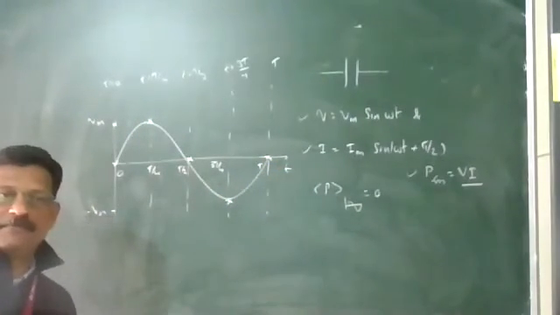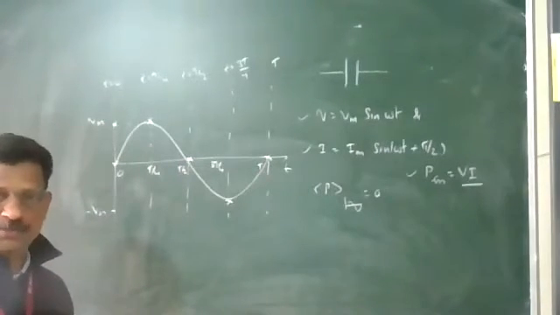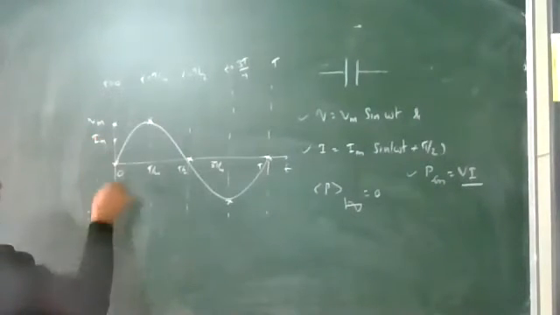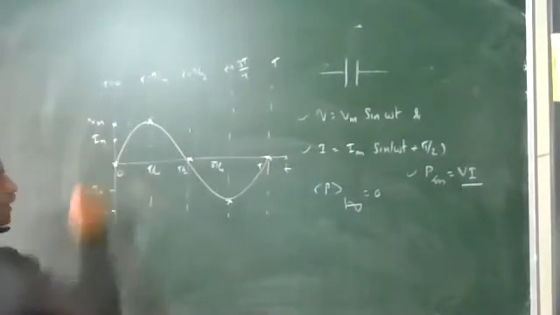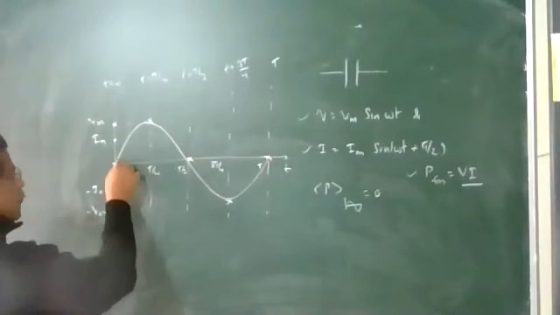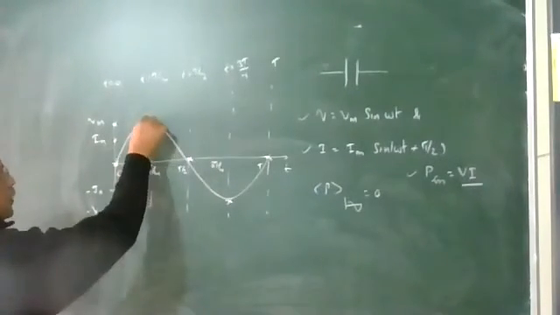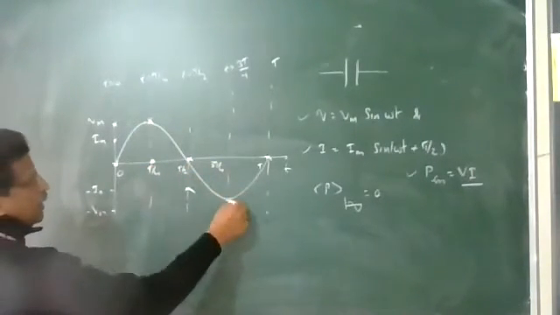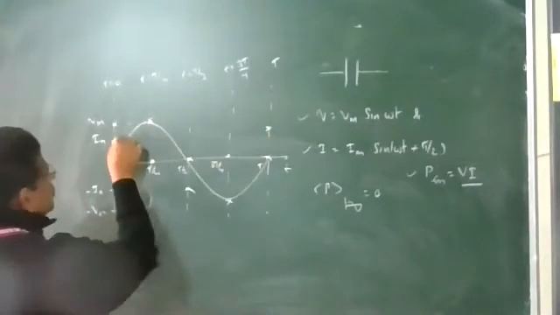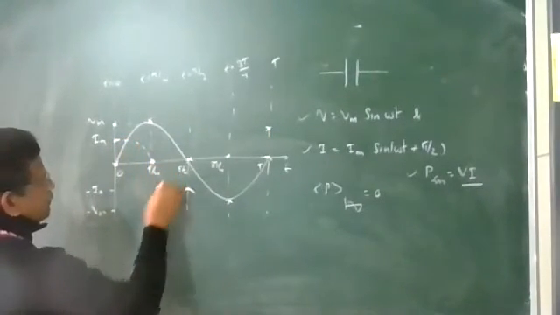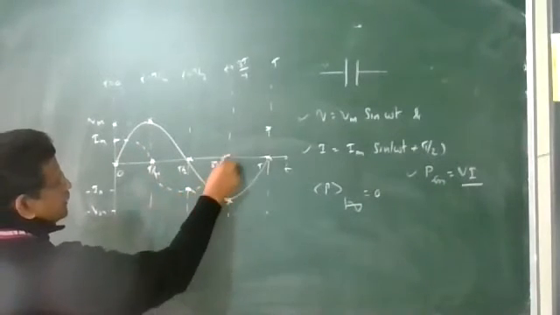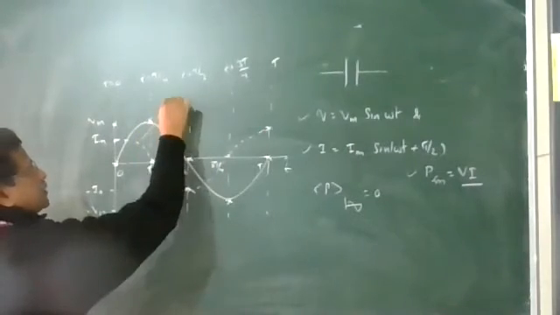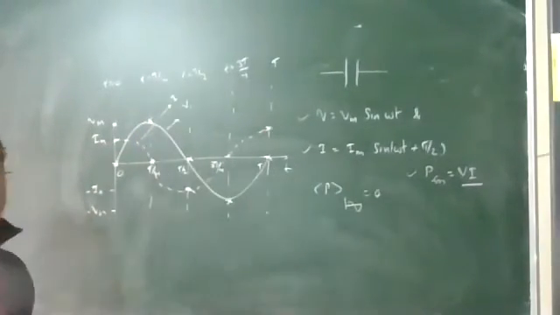Yesterday we have seen the graph. Current is leading voltage. So the variation of current will start from Im, and the phase difference is 90 degrees. When voltage is 0, current is maximum here. When voltage is maximum, current is 0 here. When voltage is 0, current is maximum again here. And this is the variation of the current. So we have recognized which graph is the appropriate one. This is V and the dotted line stands for the current.